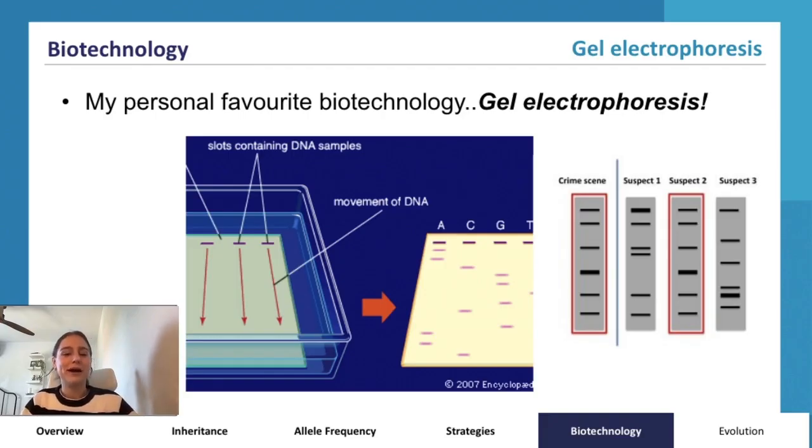By comparing the band patterns of DNA samples, like those from crime scenes and suspects, scientists can determine matches or exclusions, helping solve crimes and identify criminals. For example, on the slide, you can see that this is the DNA found at a crime scene, and these are the DNA from the suspects. The band for suspect 2 aligns with the crime scene, which suggests that that's their DNA,